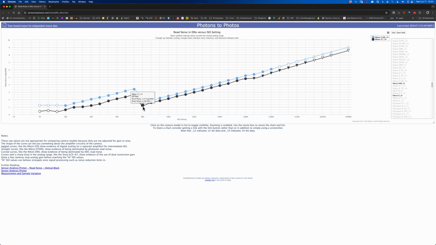In fact, the noise from your Zf is about the same at 200 ISO as it is at 800 ISO. That's why I say 800 ISO is your Milky Way setting. And that's about the same in the Z6III, all right? The Z6III, we're looking at somewhere between 100 and 200 ISO's performance at 800. But across the board,